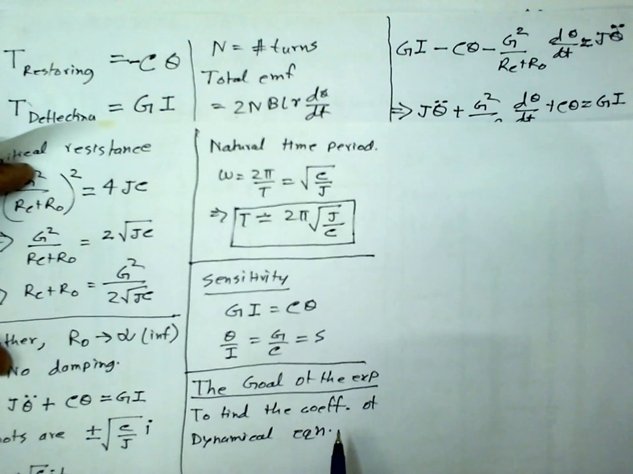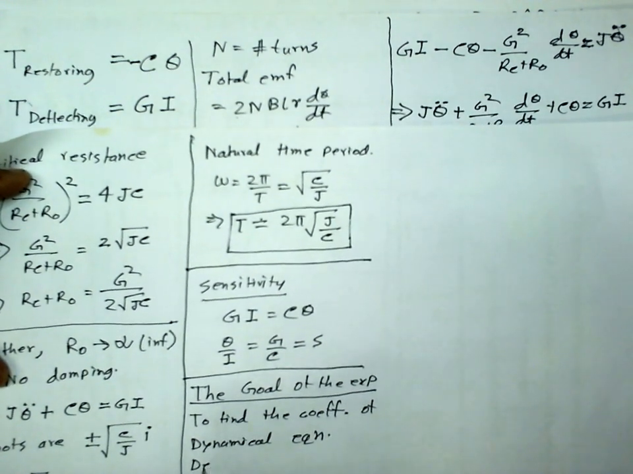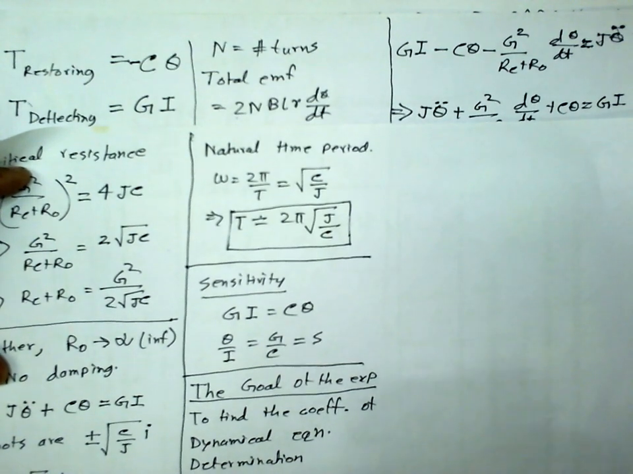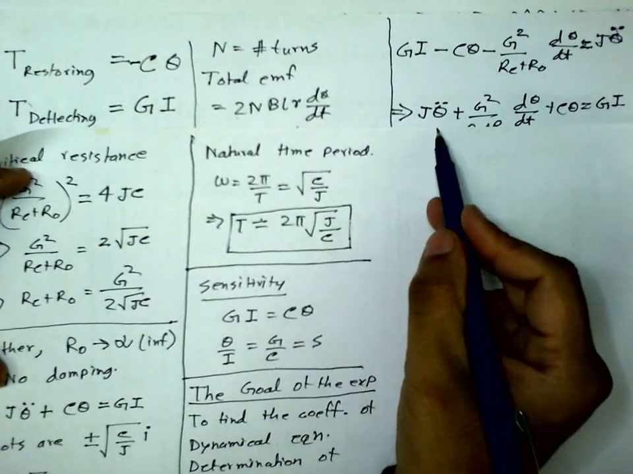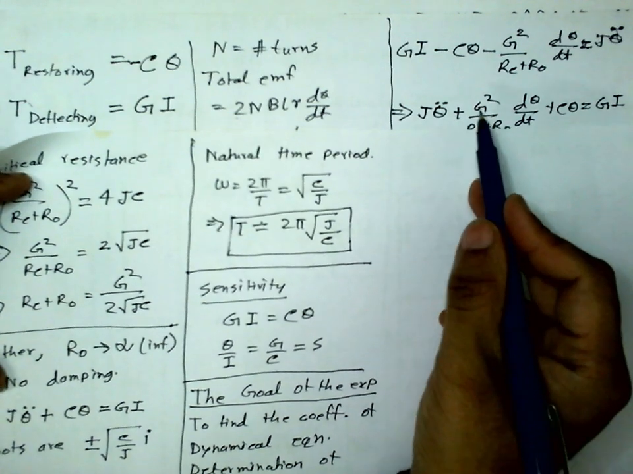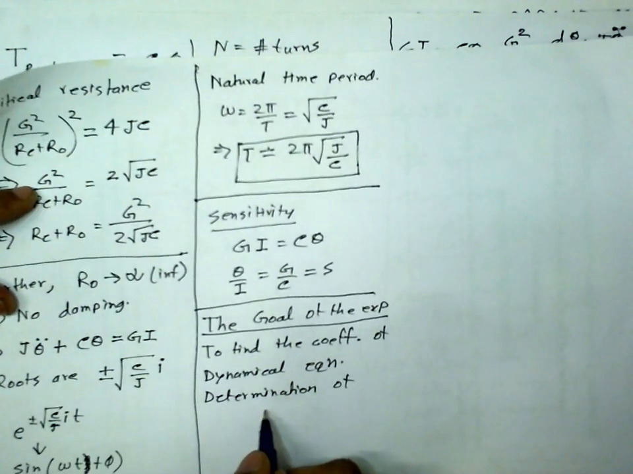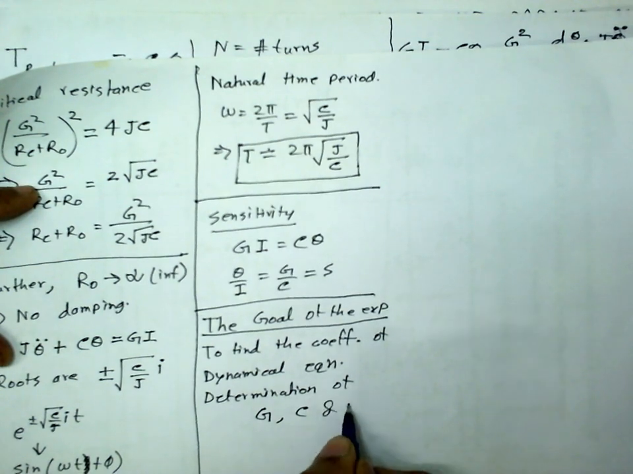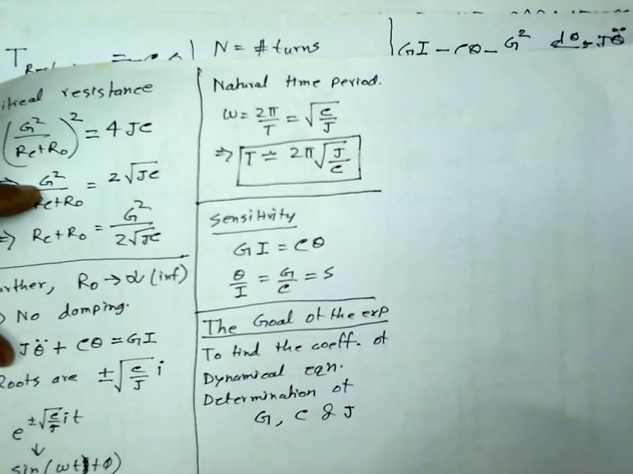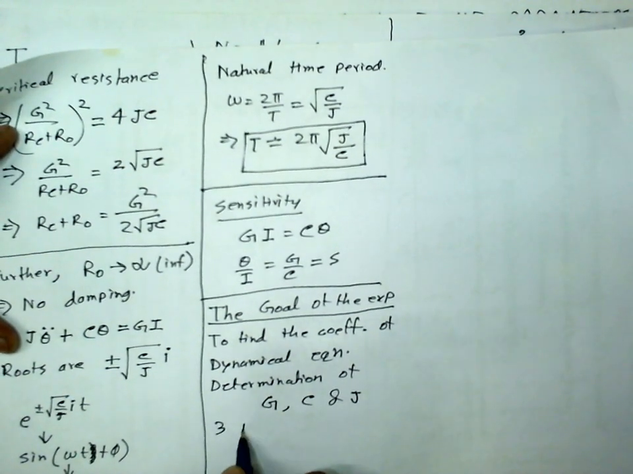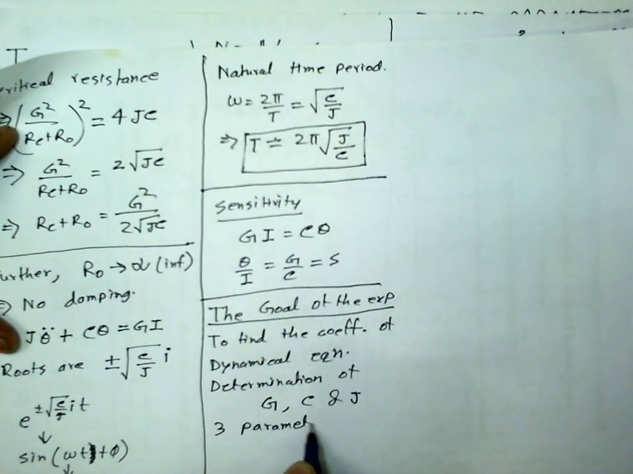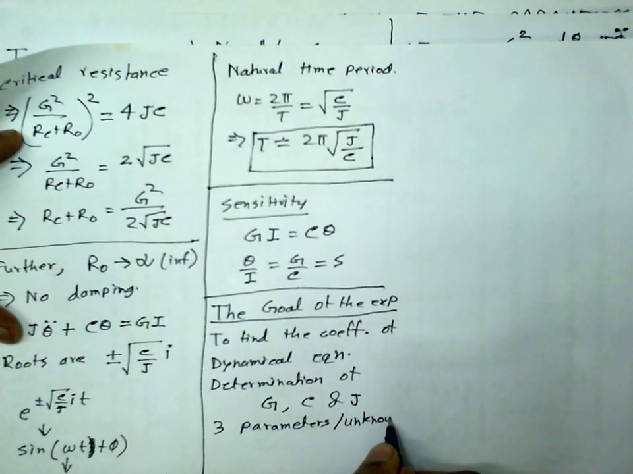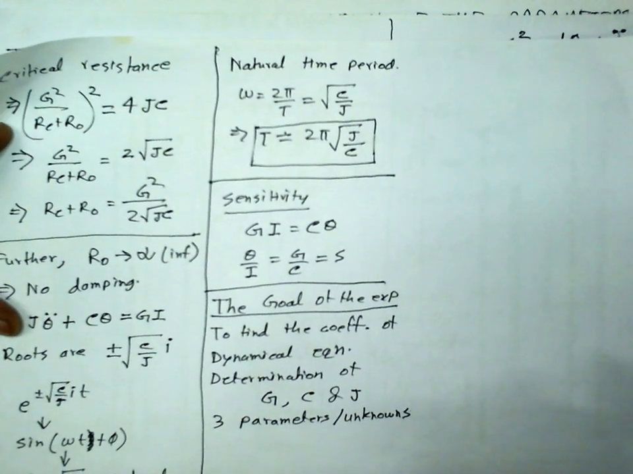and so this involves determination or estimation of three parameters J, G and C. G, C and J, three parameters. So three parameters are unknowns to be estimated,